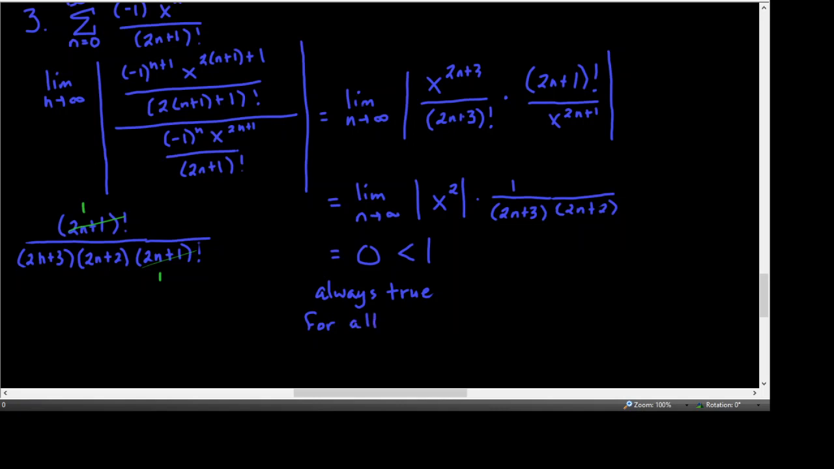And of course 0 is always less than 1. And so that means that the radius of convergence is infinite. For all x's that would make that true would be any real number x. And so the radius of convergence is infinity. All right. So now that we've done those radii of convergence,